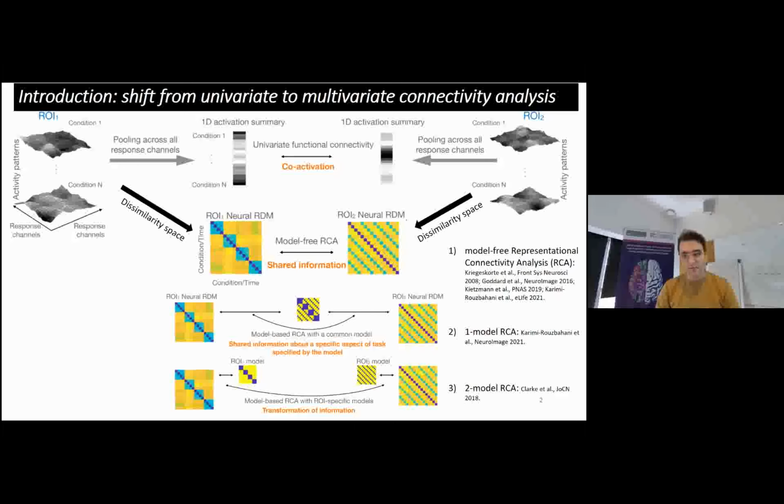A third method is two-model RCA, in which you try to see if there is correspondence between your ROIs and their specific hypothesized models. You evaluate the correlation between the neural RDM within an ROI and the model that you think should be represented in that ROI, and then you evaluate the connectivity between that correlation and another ROI with its corresponding model. In this way, you can obtain information about whether there is a transformation of information from one area to another, because they represent two different things, but you have two different hypotheses for the two ROIs and can check for potential